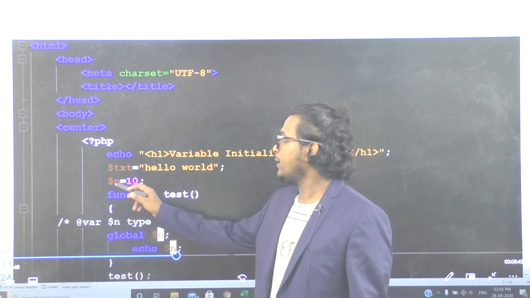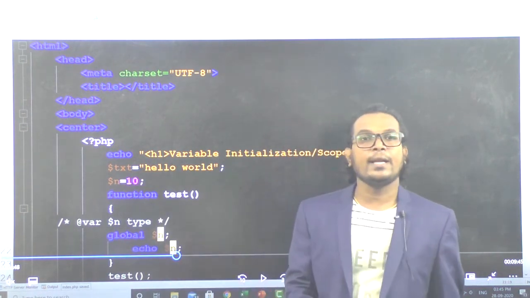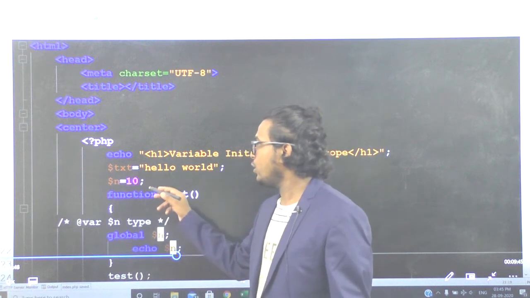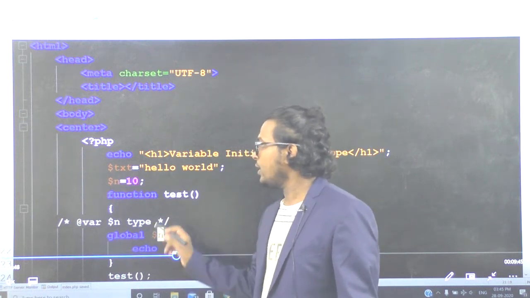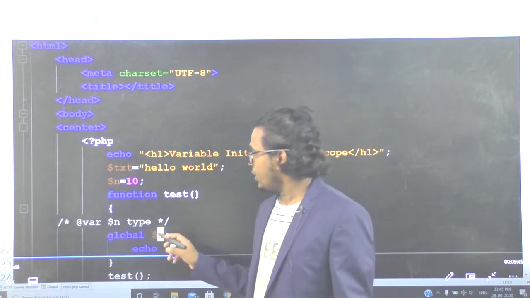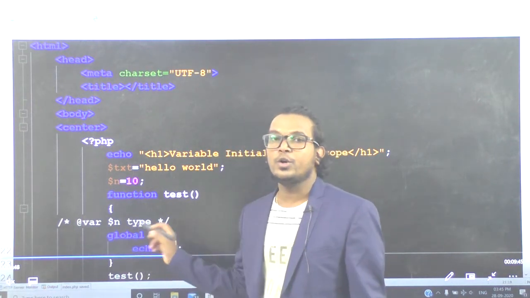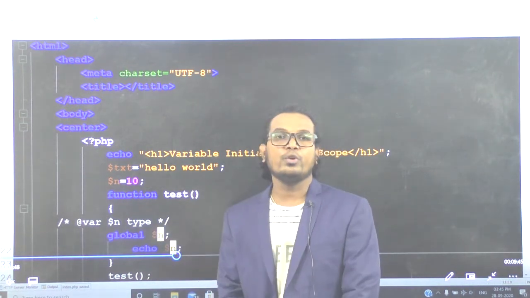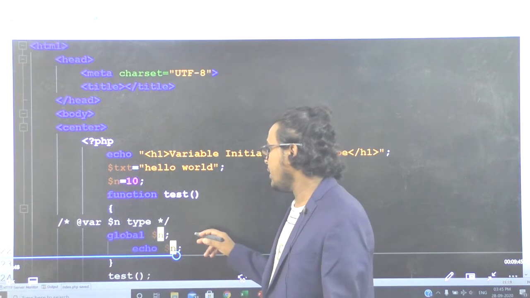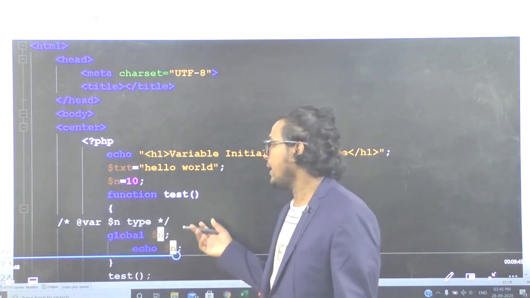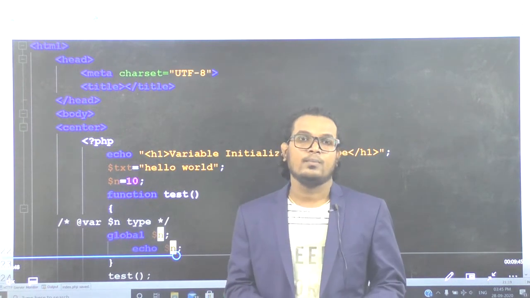Now what about outside the function? We have n equal to 10, right? If you want to access this n equal to 10 value within this function, you have to write the global keyword before your variable. Then only will that n act as a global variable.